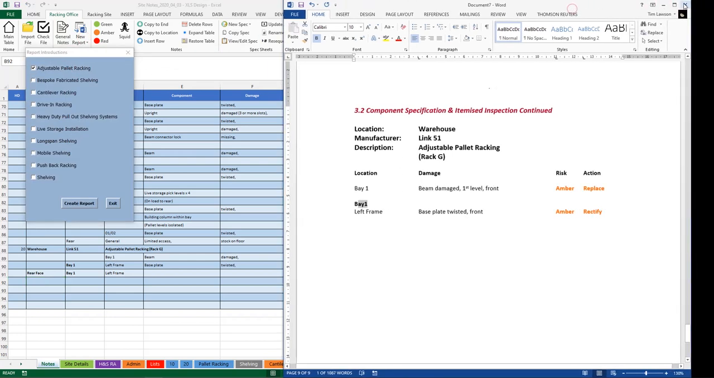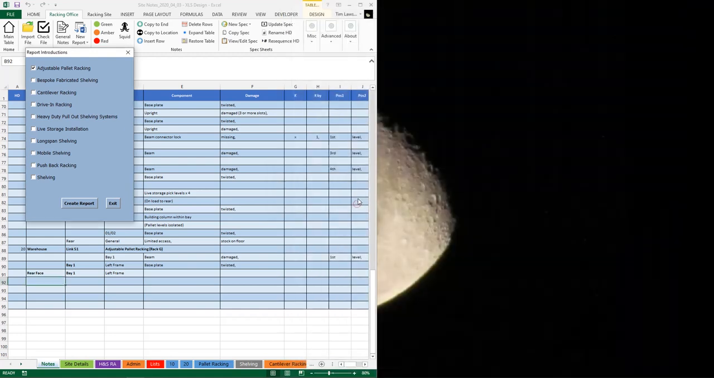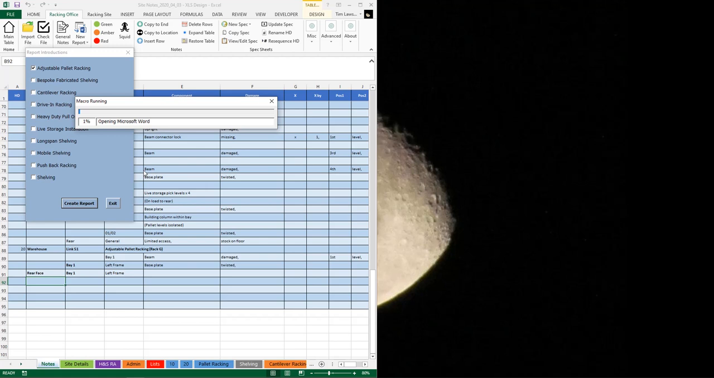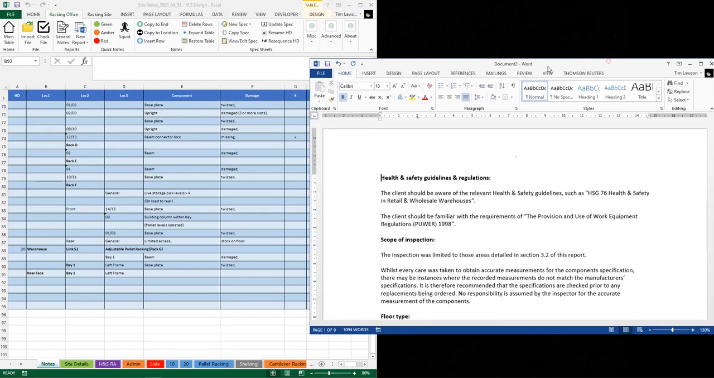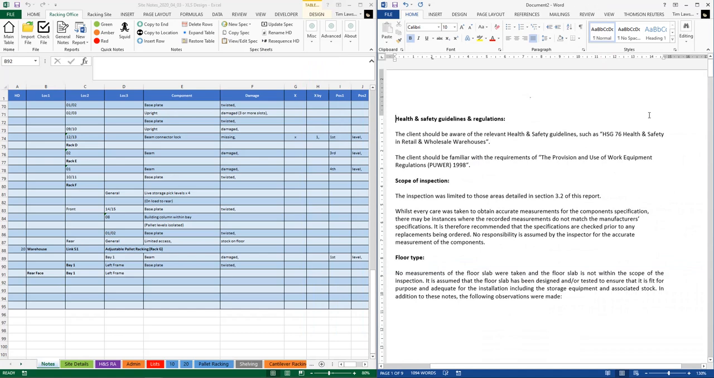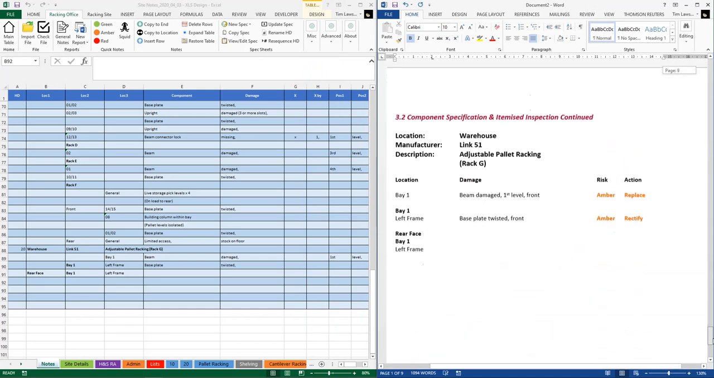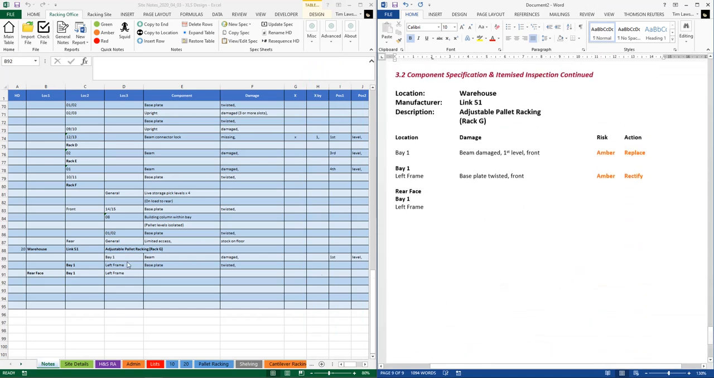I will close that one down because we don't need that. Hit create report there. It just runs our report generating routine. It's popped it up there for me, so let's shove that over to the side. Okay, and again I've emboldened these. So then we've got rear face, and then the next line, and then the next line. So that is basically how